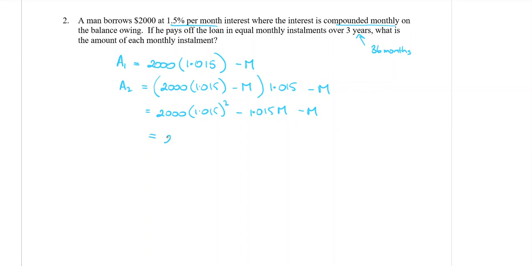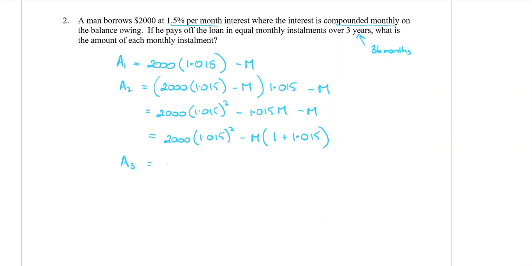So what I'll do is I'll factorise the m out so that I can see the series that is happening. So minus m, and then remember start with the 1 plus the 1.015. Okay? You might even be able to, without having to actually expand it,